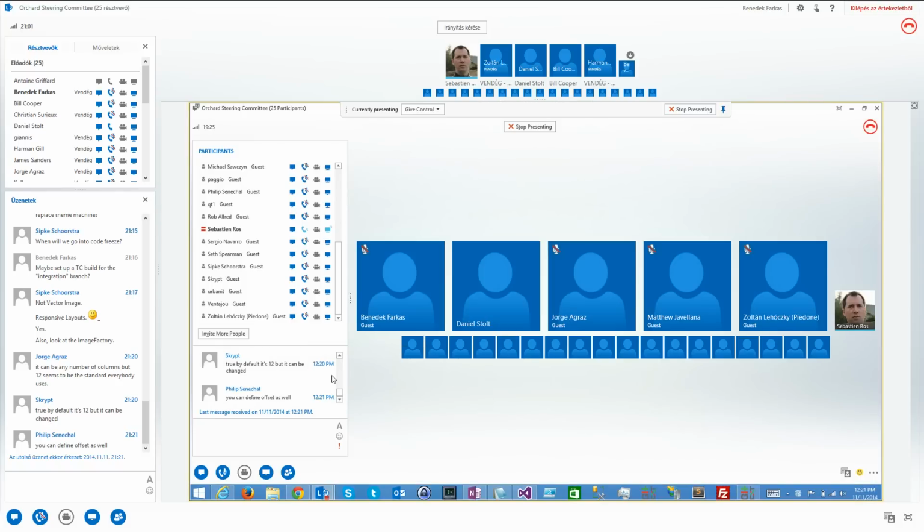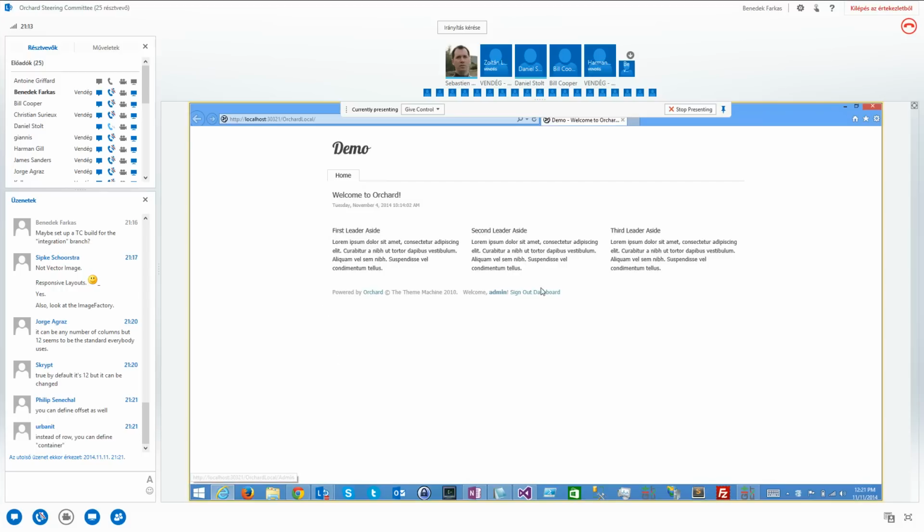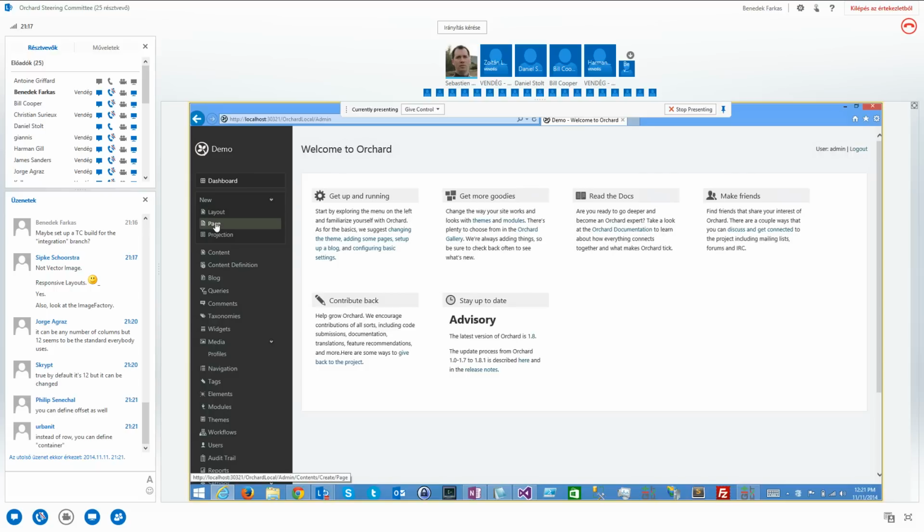You can define offset as well. Yes. 12 seems the standard. Yes, you can redefine the Bootstrap grid system and have more columns, but this is beyond our scope. Okay. So I go there, and let's say I create a new page